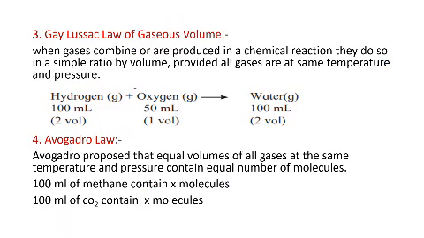थर्ड लॉ इज Gay-Lussac लॉ ऑफ gaseous volume. When gases combine or are produced in a chemical reaction, they do so in a simple ratio by volume, provided all gases are at the same temperature and pressure. अकॉर्डिंग टू दिस लॉ, अगर हमें कौन से भी दो गैसेस लेके केमिकल रिएक्शन में कंबाइन करने हैं, अदरवाइज कौन से भी केमिकल रिएक्शन में अगर गैसेस प्रोड्यूस हो रहे हैं तो हम लोग उसको वॉल्यूम में कंसीडर करेंगे।